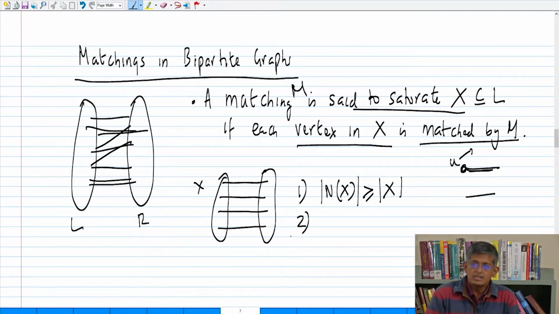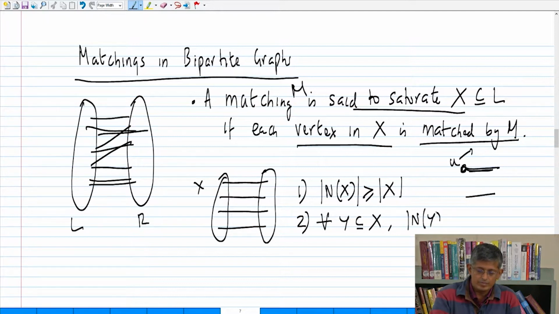There is another subtly hidden property which is also quite easy to see if you look at it. For all Y subset of X, that's also true, right? If you look at this set, its neighbors is at least these two guys, right? So therefore, it looks like not a very important property. It seems to be quite an obvious observation, but we are now going to prove that